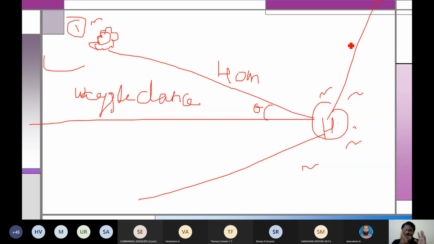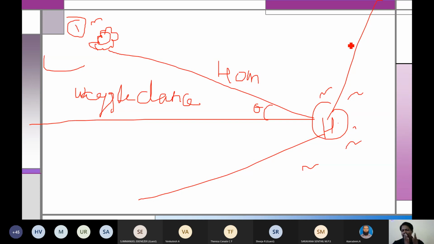So the vibration of the dance tells how much distance it is. But where exactly the food source is, that is given by the angle. So the dance will indicate how much distance the food source is and at which angle it is there. You can see for each and every angle the dance is different, and for each and every distance the dance is different. This is the best example of stigmergy. That means communicating indirectly by seeing the dance, which is the environment. Other bees can understand where the food source is, how far it is, and at what angle it is there. Okay, so this is stigmergy.